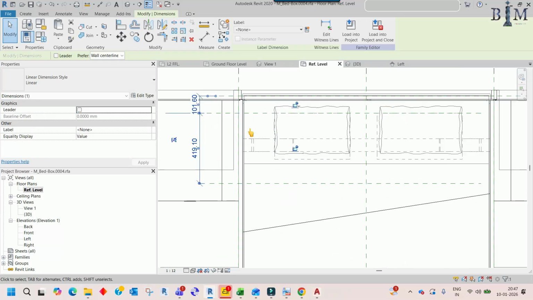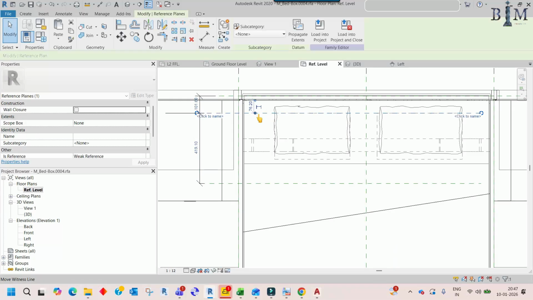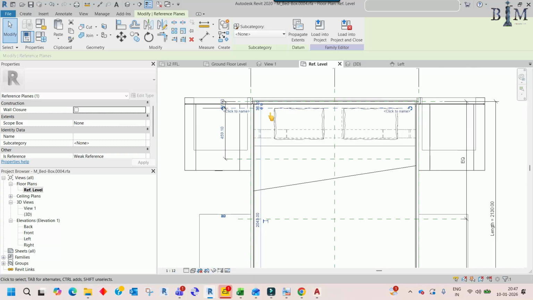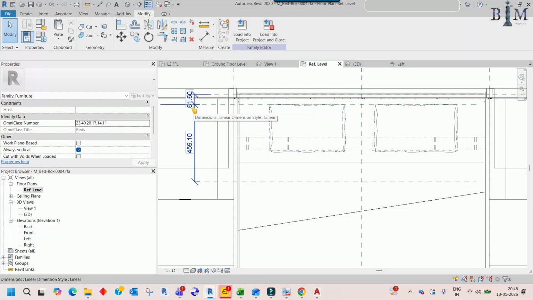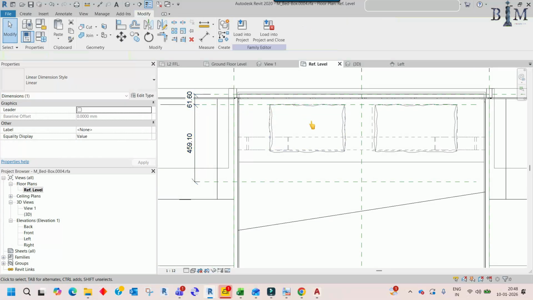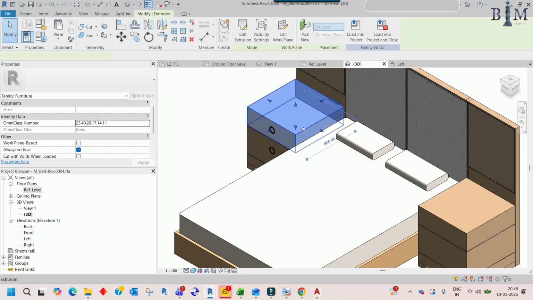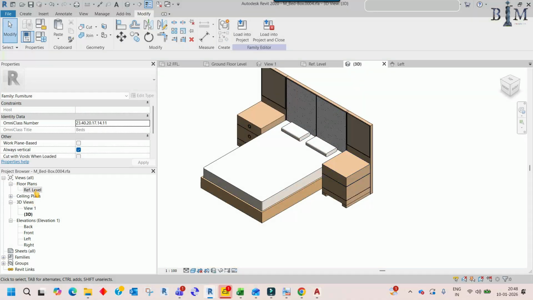So in that case you have to unlock it first, then move the reference plane here on this line, and let me check, it is now updated. So just lock it again. Now the bed is ready, so only edit this additional furniture. So go to the 3D again, you can check, this is the beside furniture, and okay, go to the plan